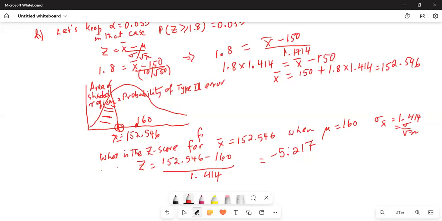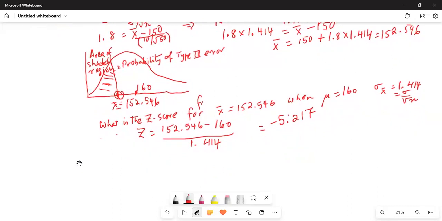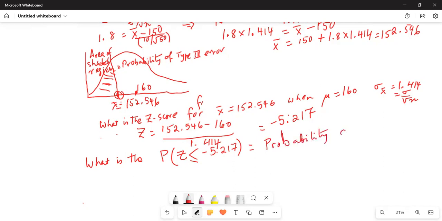Okay, so now we have to find out the probability of Z less than or equal to minus 5.217, and that probability will be very small, and that is your probability of failing to reject H0 when H0 is false. Okay,